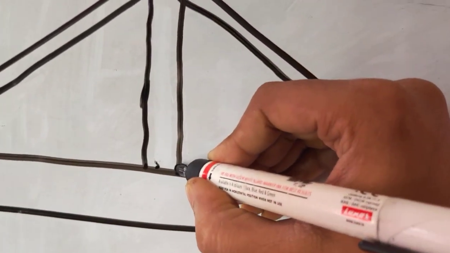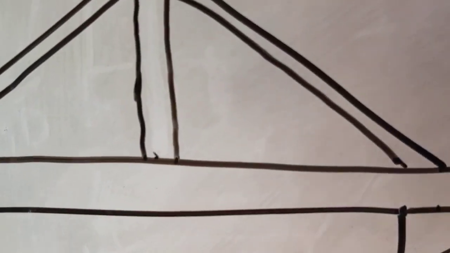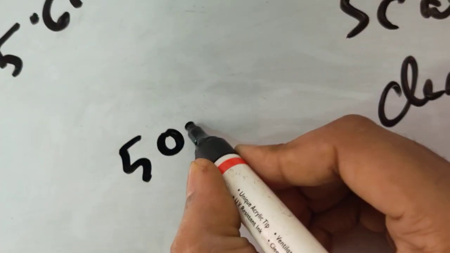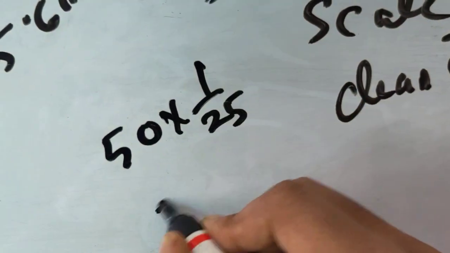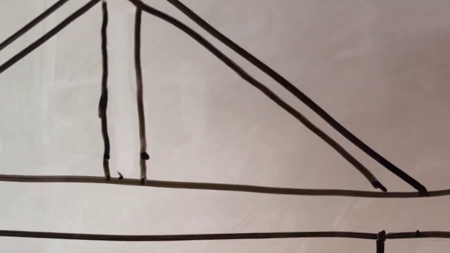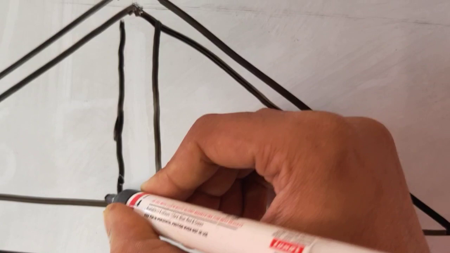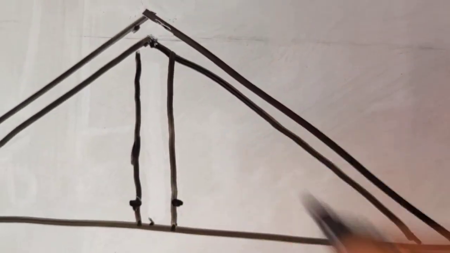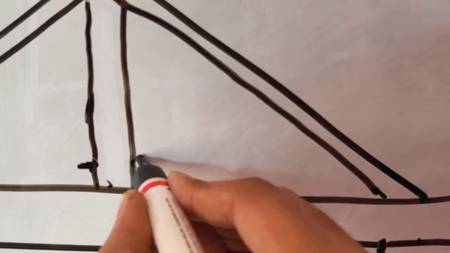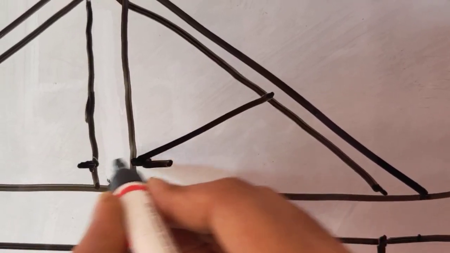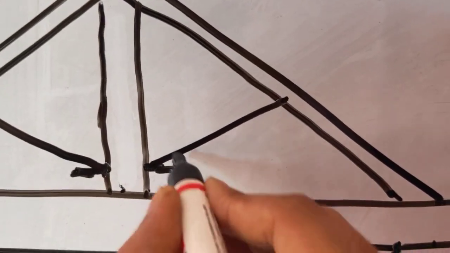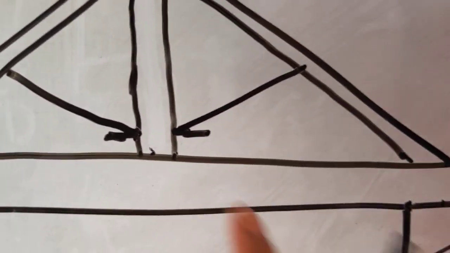So we will mark a point of 50 millimeter from the tie beam. 50 millimeter means 50 millimeter. With our scale it is 2 millimeter only. So we'll mark a point of 2 millimeter from the tie beam here. We'll mark this point, and from these 2 points we'll draw the struts. Okay. So we'll draw 2 lines which makes angle of 30 degree with the horizontal, like this. This angle is 30 degree, this angle is also 30 degree, and then erase these 2 lines.